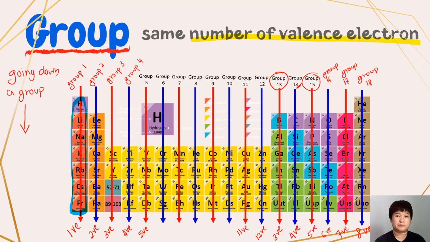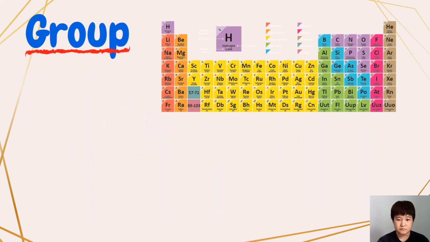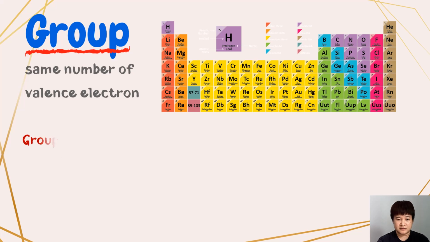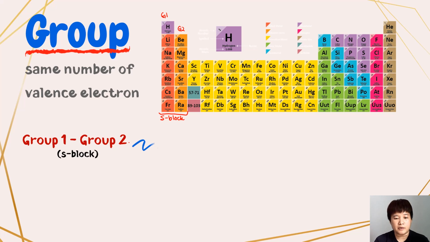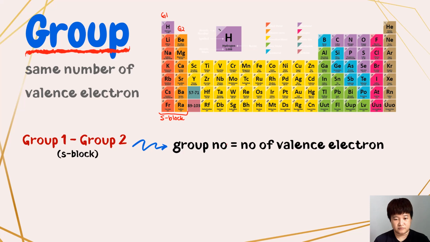Simple. A bit of tips for you over here: for group 1 and group 2, your S block, the number of valence electrons will be the group number. So group 1 will have 1 valence electron, and group 2 will have 2 valence electrons. And then for your P block,